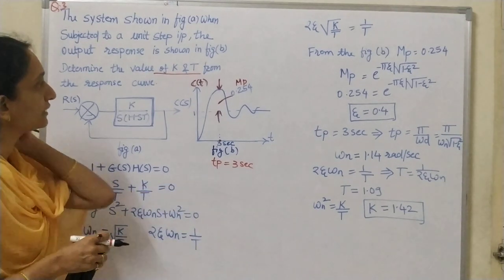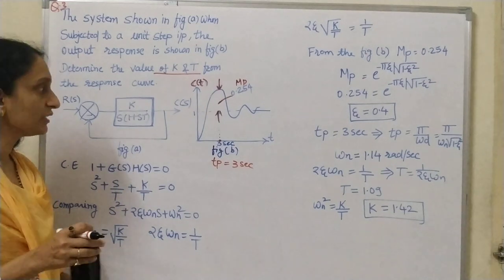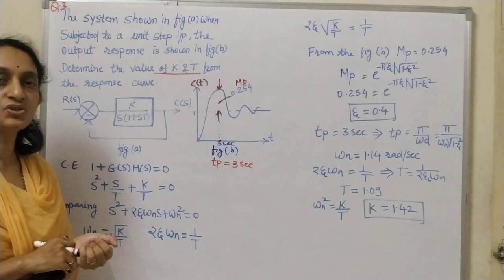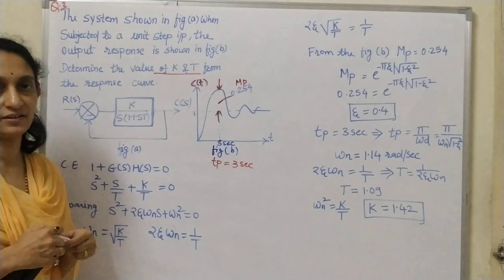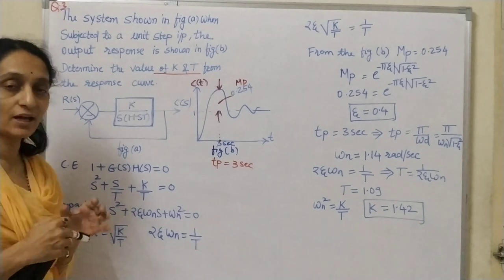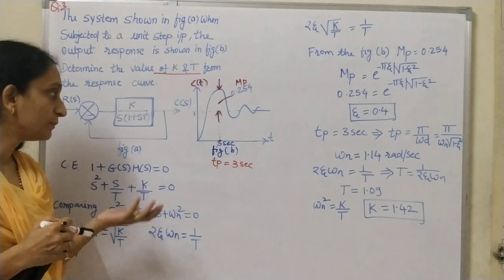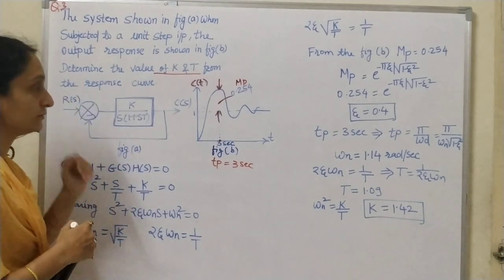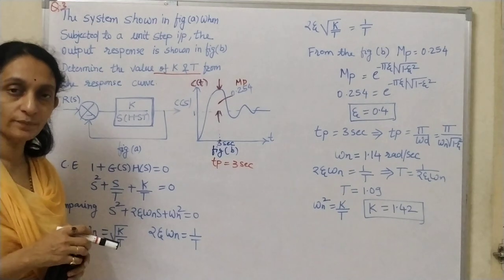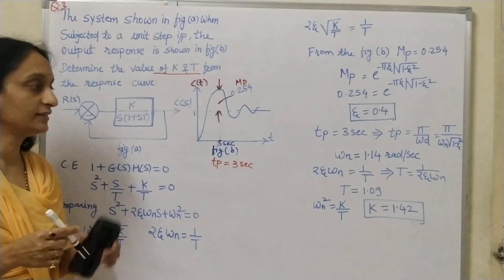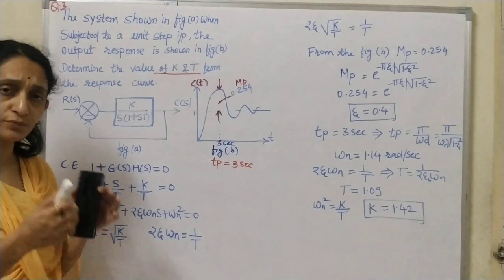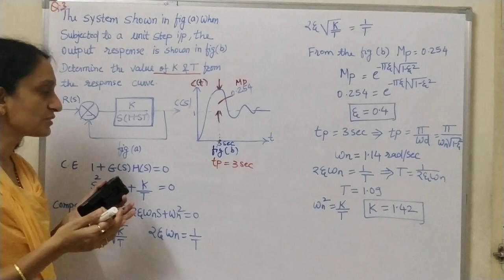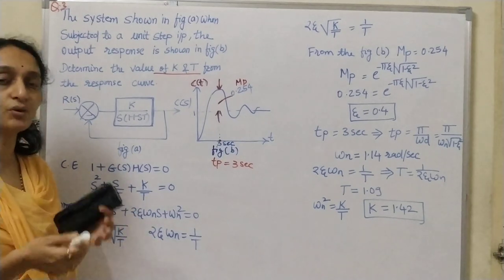And what we need to calculate? K and T. So again we will revise. In case of time response specification, the initial step is to calculate the characteristic equation. How will you calculate the characteristic equation? There may be the possibility that the output equation is given, and here the block diagram is given. In the previous numerical we have seen that a differential equation is given, and from that differential equation we took the Laplace transform. So there are different methods to give the transfer function or the output response.